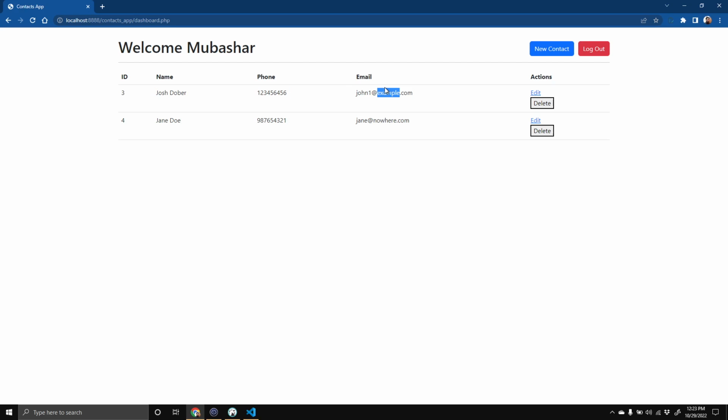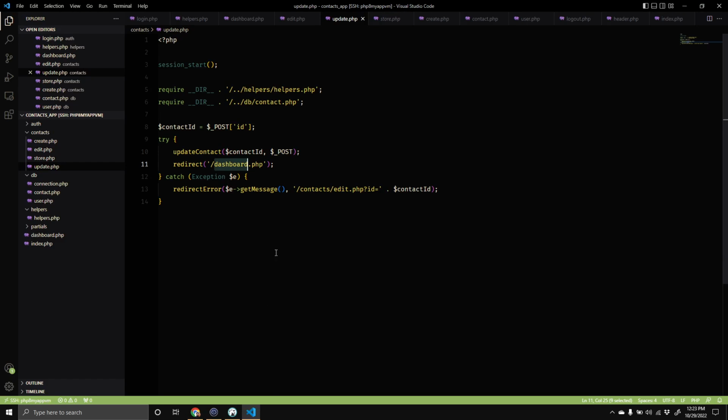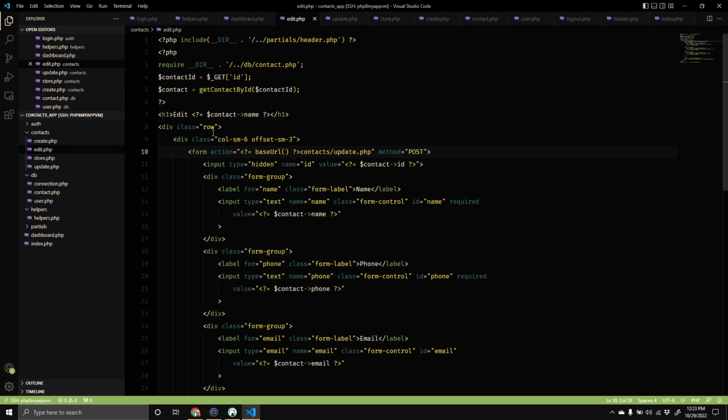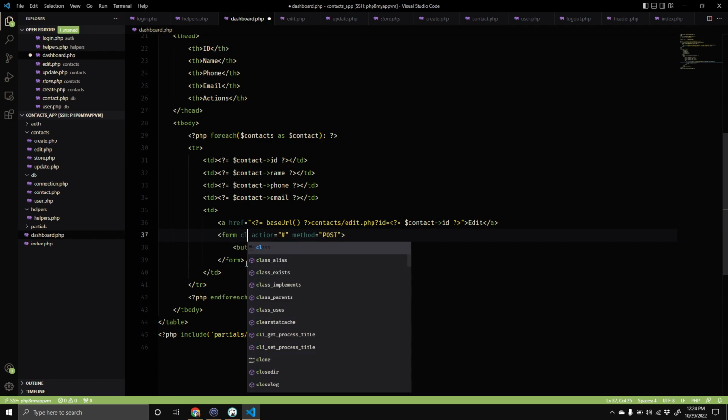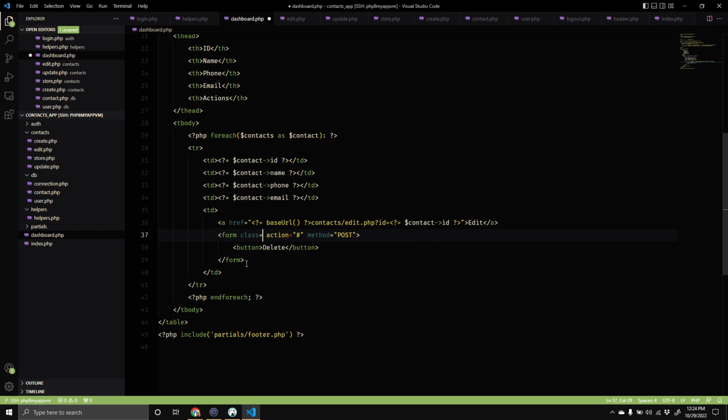Now let's look at how we can go about deleting a record. Right. So first I want to style this so that it shows up on the same line. So I think if we add a class here to display it inline, it should work. So let's say the dashboard, the delete button, right? We'll say class is equals to d-inline,